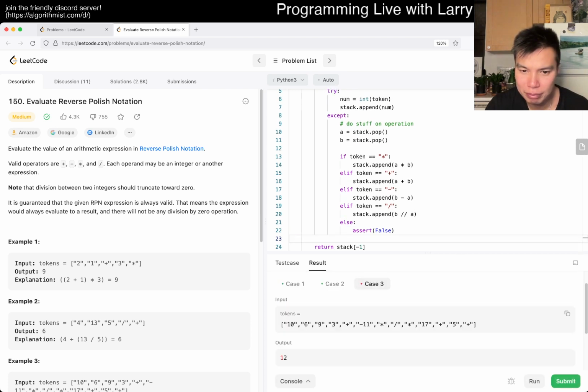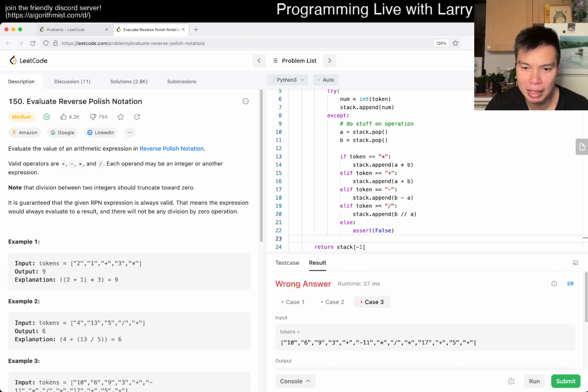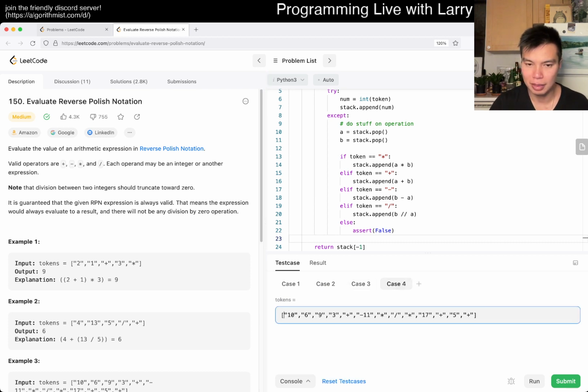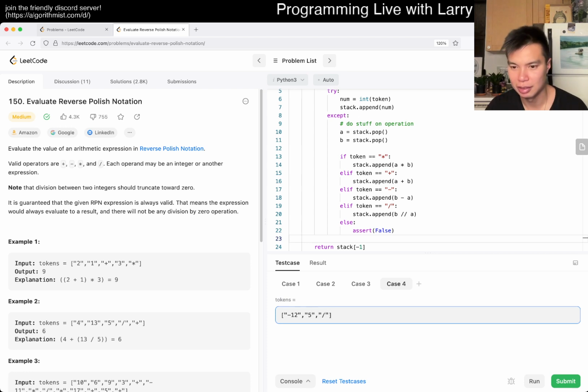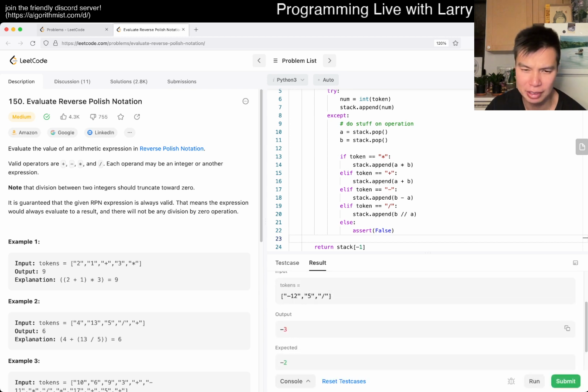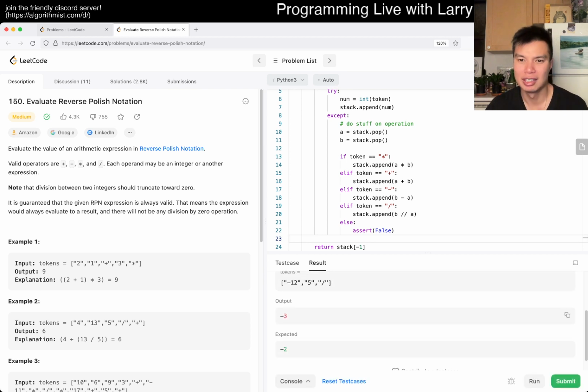Okay. I suspect it's something with the negative number, so let's put in a better test case for it. Basically negative 12, and something that doesn't divide perfectly, and then division, right? So you can see that this is wrong because it truncates incorrectly. That's a little bit annoying, but